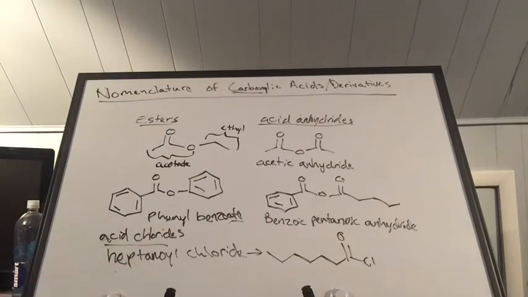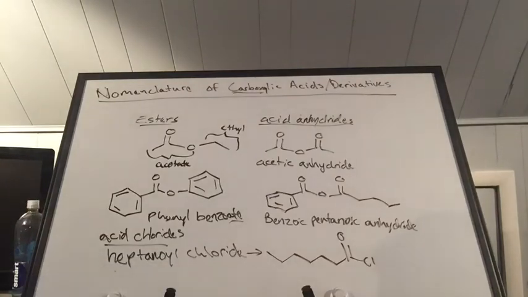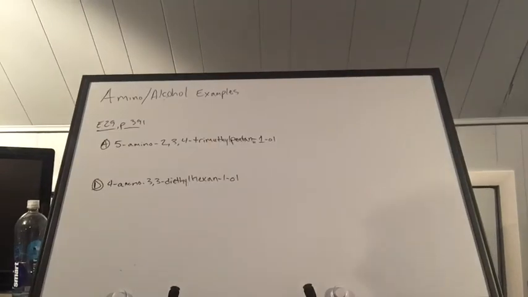Okay, so let's go over some multi-layered examples and see if we can clarify some of these higher or lower priority substituents, especially electronegative ones. So again, I would bookmark that table on page 504 in your text, table F1, for reference. All right, so the first example I'm going to go over with you is this amine and alcohol